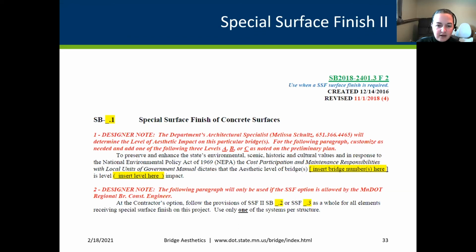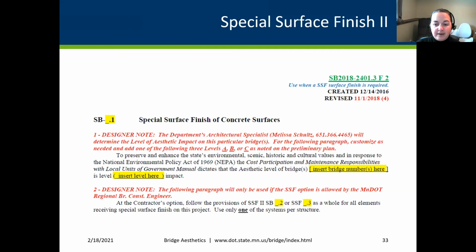If you work with MnDOT specs at all, you're going to see something in here now that was never in here. And that is, a lot of our specs will now call out the aesthetic level of the bridge. The reason this is important is because that's how we're going to test products now. Let's say they want to do a new special surface finish. We're not going to let them put it on a St. Croix River crossing because, A, that's a huge structure, so if it fails, our fix is going to be very expensive and very problematic. And then also public perception is going to be terrible.